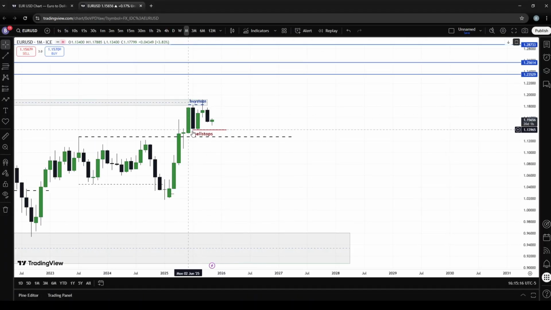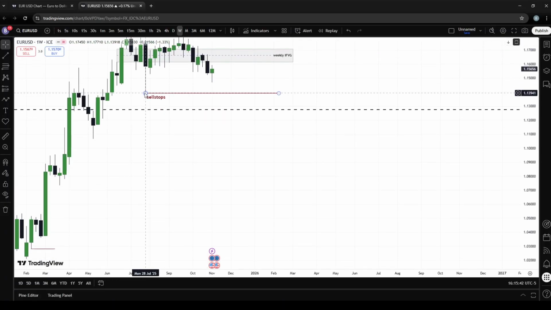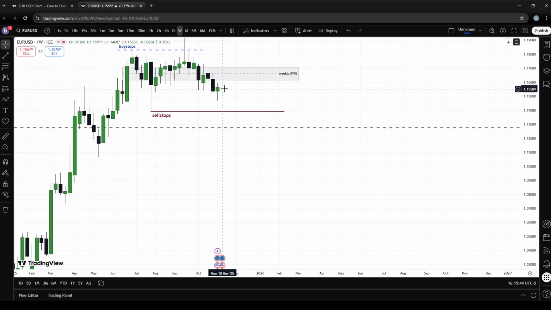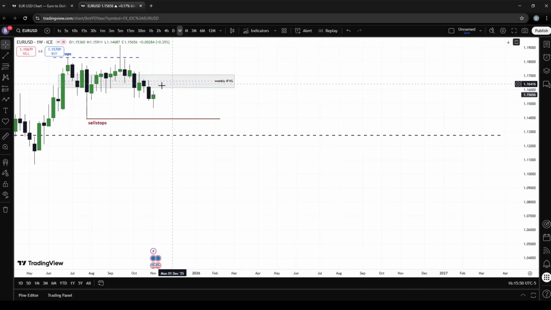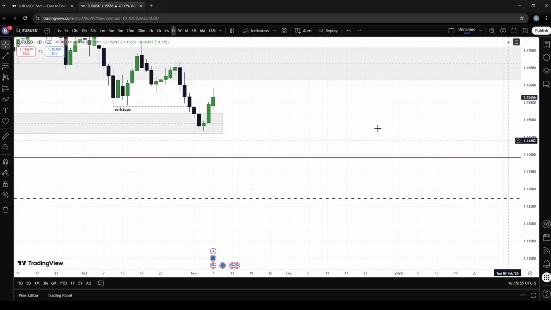You can see we have this huge fair value gap. Most likely price will come and try to fill this gap, but these are my stops. Okay, these are my stops currently. I'm not trying to be greedy and wait. So weekly, this is what I'm currently aiming, but I love to see how the price will react. Okay, I'm not going to be greedy, and I'm going to wait for my concepts, my